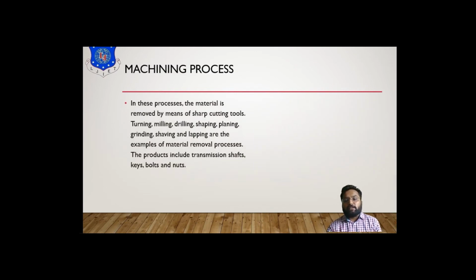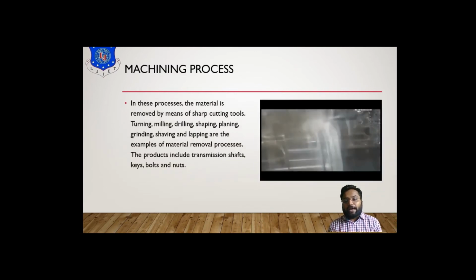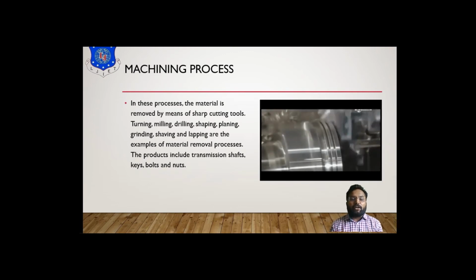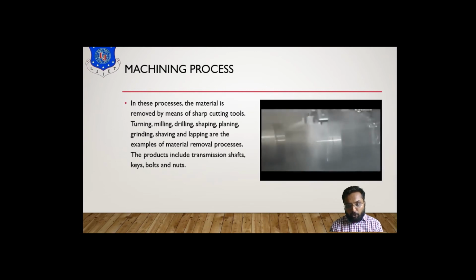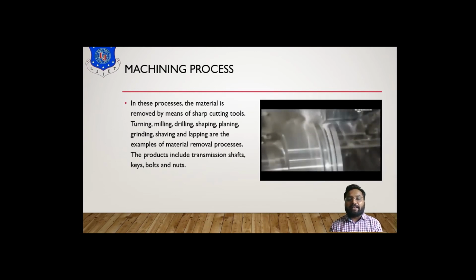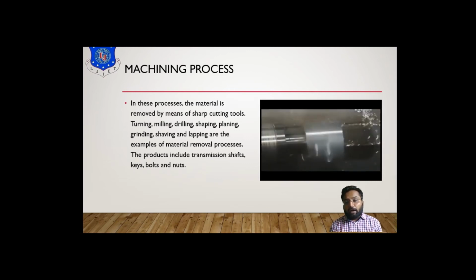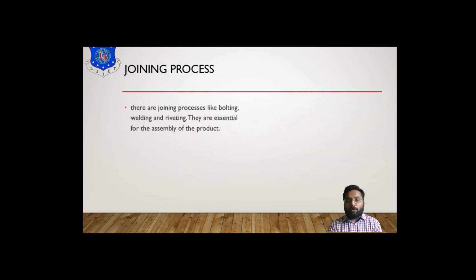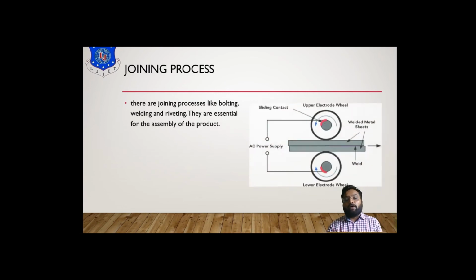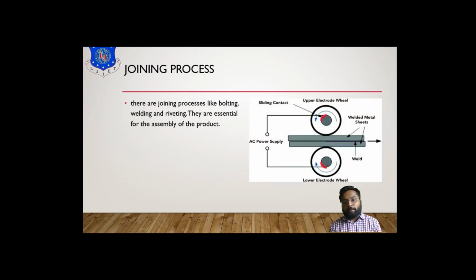Then the machining process. This machining process could include surface finishing, drilling, milling, and turning. Depending on our requirement, we will produce this kind of component. Here we can see a component, a piston, where we are grooving for our rings inside the piston after providing a core process, whether it is casting or forging. Then a joining process could be done with the help of temporary joining or permanent joining, whether it is welding or riveted or bolted joining.